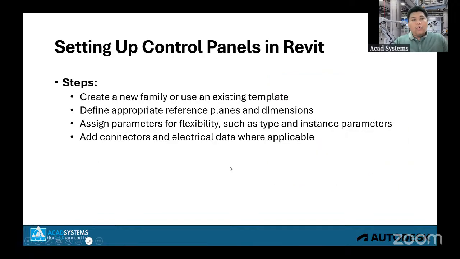The normal step to start creating a control panel is to create families using the existing template. But the issue here is, when you want to start creating a control panel using the electrical item or the template given by Autodesk itself, there will be a lot of options. Which one do we need to choose? That will be the first problem. Second problem,